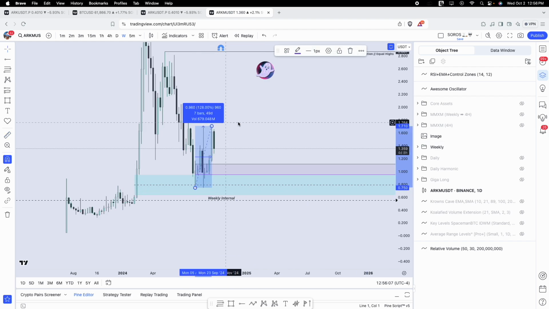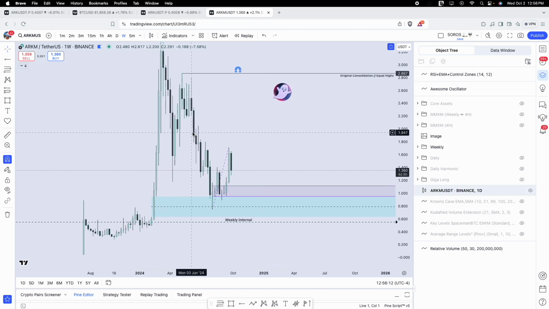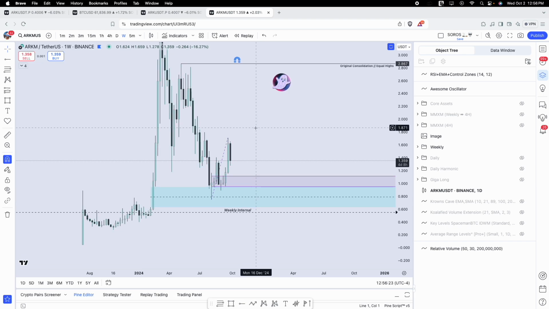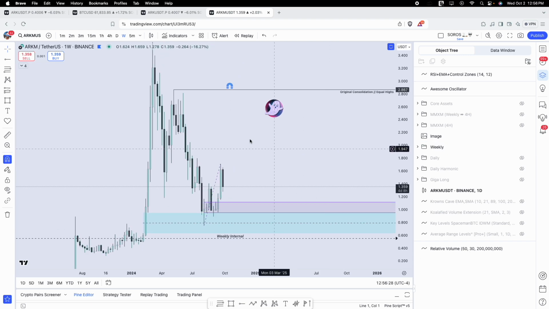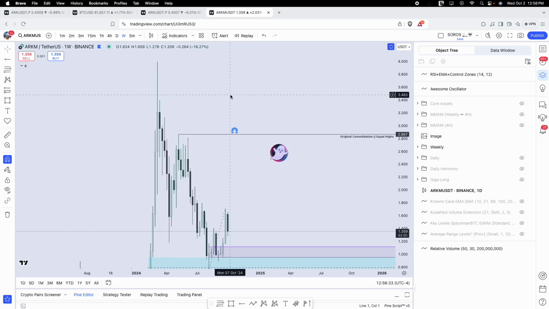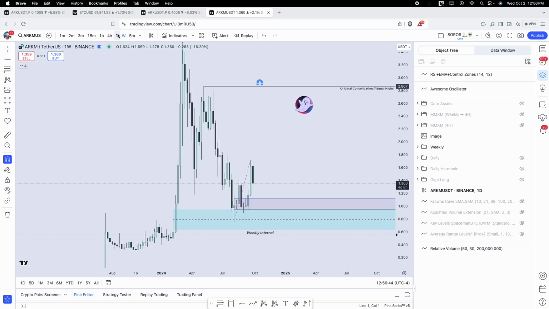Let's see what percentage. 128%. So that was a crazy move. What this coin does, it tends to have wild impulses and then big drawdowns into discounts. So it's a very volatile coin. If you catch the extreme of the move in either direction, usually you get a nice payout. But for this one, we tagged the weekly, so now we're targeting the external high, which you could consider this, but the most obvious or most logical draw in the first external liquidity point would be these equal highs. So I'm using that one as the bias for the weekly.